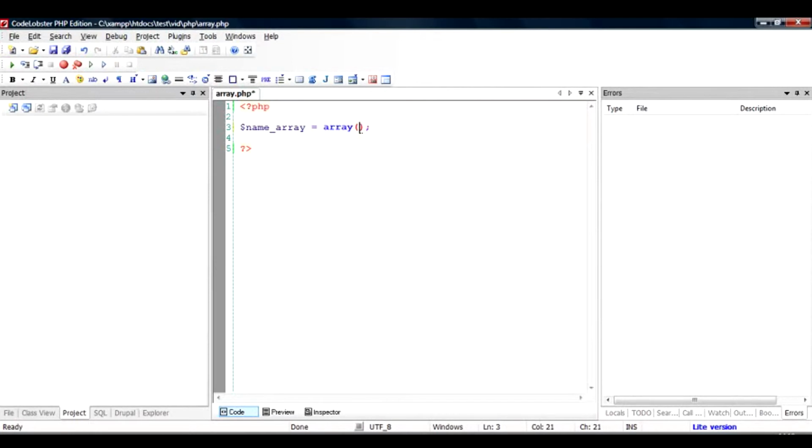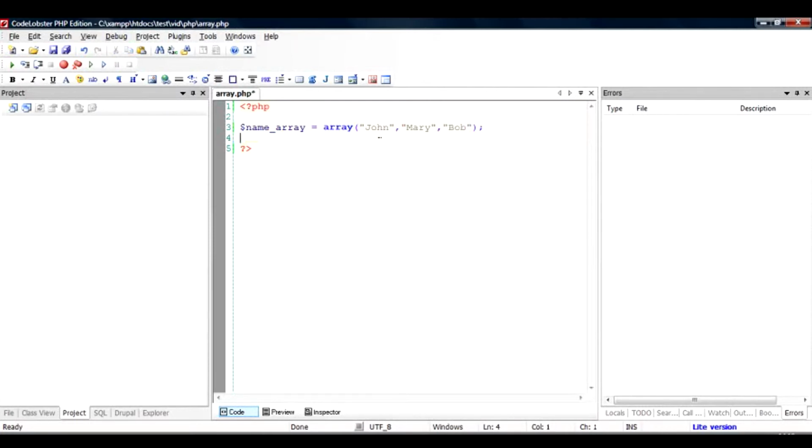If you want to put values right in here, you can add these values inside double quotes like this. This is one way of declaring the array. So this array will implicitly have John as 0, Mary as 1, and Bob as 2. You don't have to assign it, PHP does it by itself.